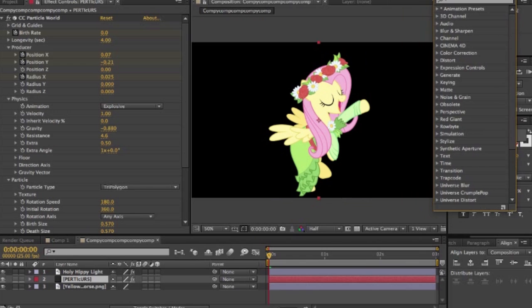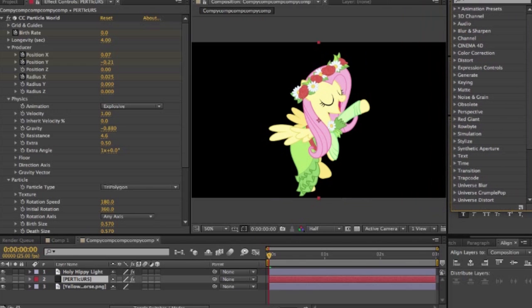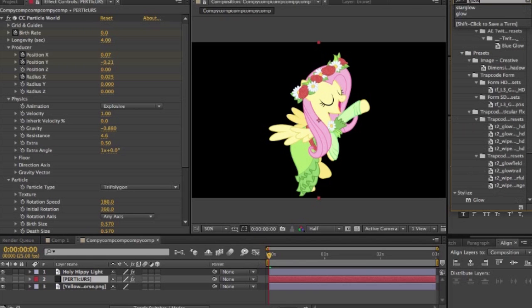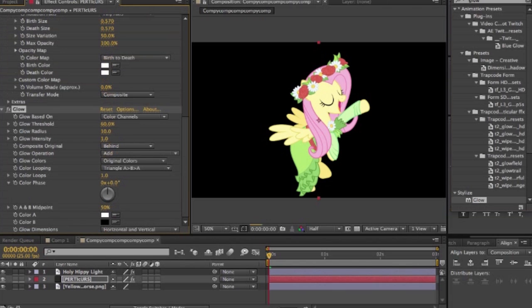Then we are going to take a little bit of glow, because in the first one I put Trapcode Star Glow, I believe it's called, but we don't have that because we're free, and that's awesome. Free of capitalism. So what we're going to do is glow, even though you probably already bought After Effects, so you're not completely free of capitalism, but whatever, man. Whatever floats your boat. We're going to put that on our particles,